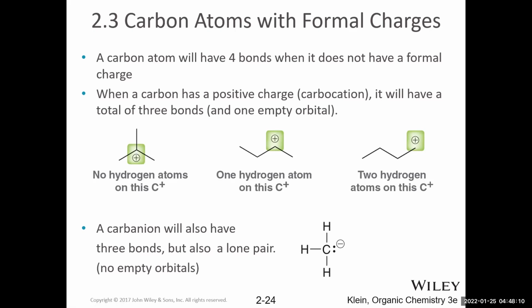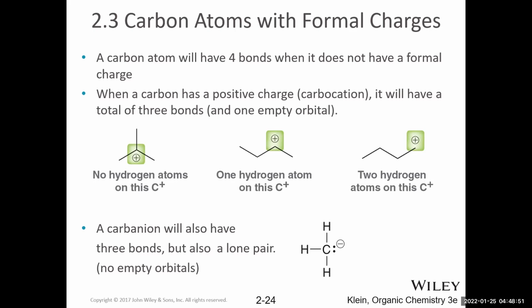Each one is forming 3 sigma bonds. In this case, each one is to a carbon atom. In this case, there's 2 sigma bonds to carbon atoms and 1 sigma bond to a hydrogen, which is not drawn in. And over here, 1 sigma bond to a carbon atom and 2 sigma bonds to hydrogen atoms, not drawn in. Either way, though, they are each making 3 sigma bonds to different atoms, and therefore they have a steric number of 3 and they're sp2 hybridized, which means they have the trigonal planar molecular geometry and the 120-degree bond angles that result from that.